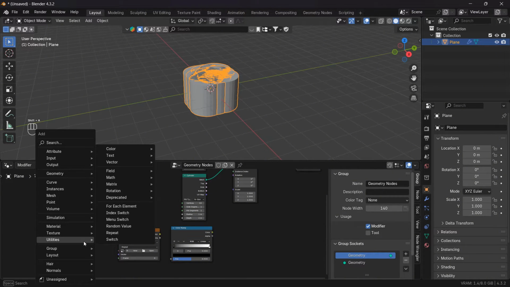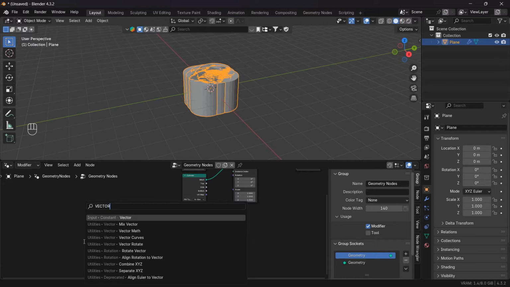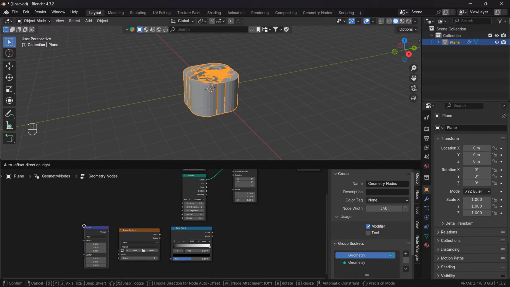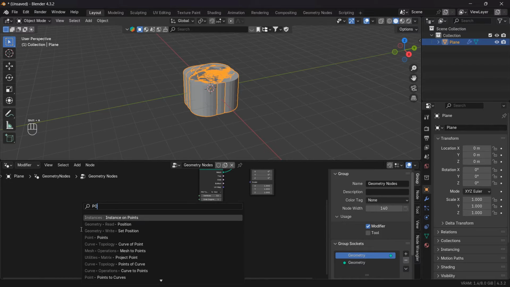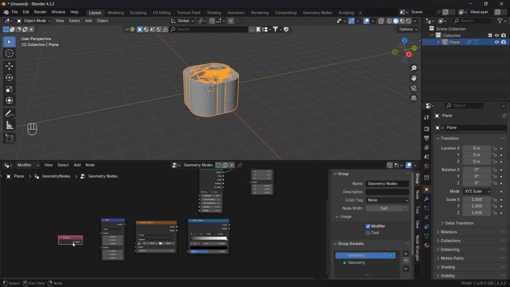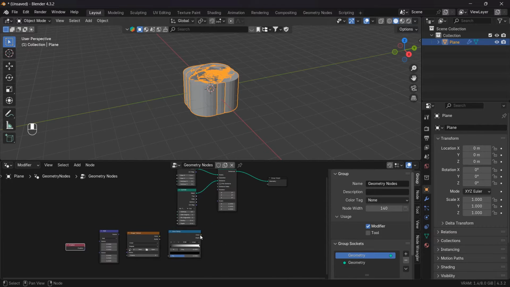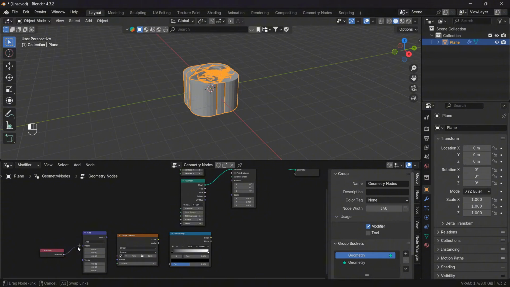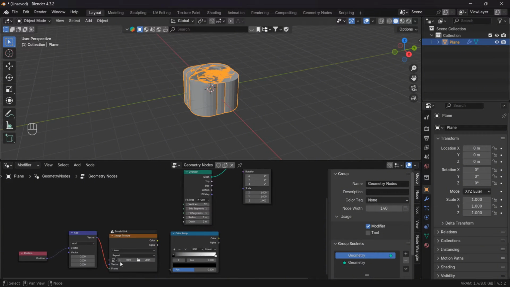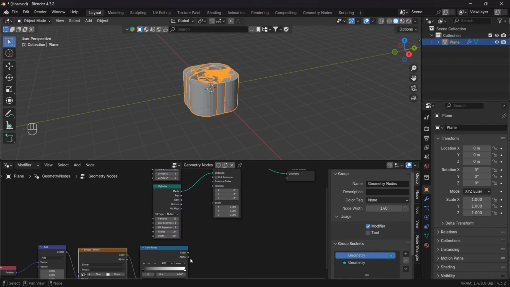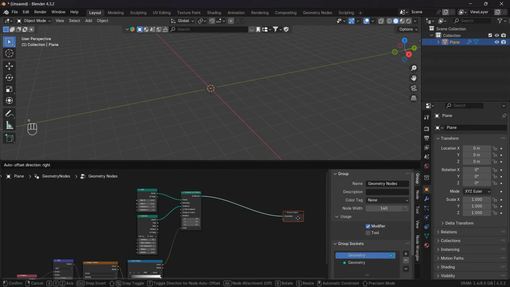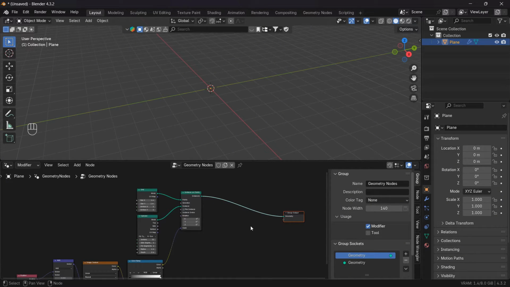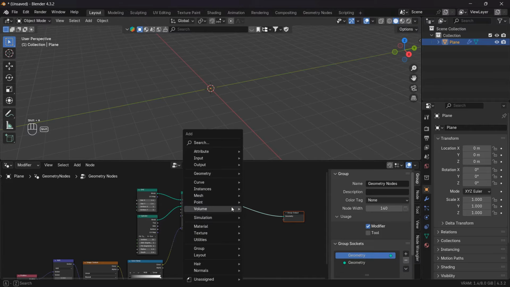Now you have to bring one vector math node. Okay, like this one, place it over here and bring one position node like this. Now you have to connect all these things together, like this, and vector into the vector, sorry, and color into the effect node, and this color go to the scale. One more thing, if you want some material in your object or in your animation, you have to bring